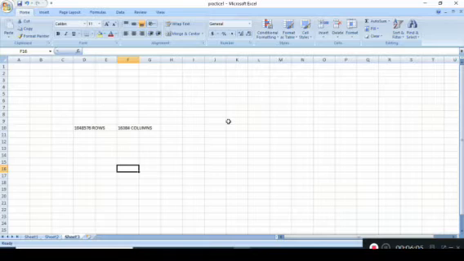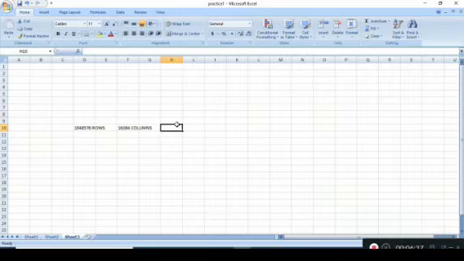A cell highlighted with a black boundary is called the active cell. Data can be entered or added in an active cell only. To make any cell active, you can click that cell, or by using the arrow keys you can move the cell pointer to any other worksheet cell.